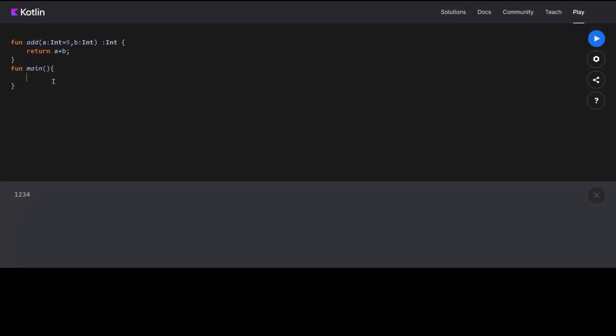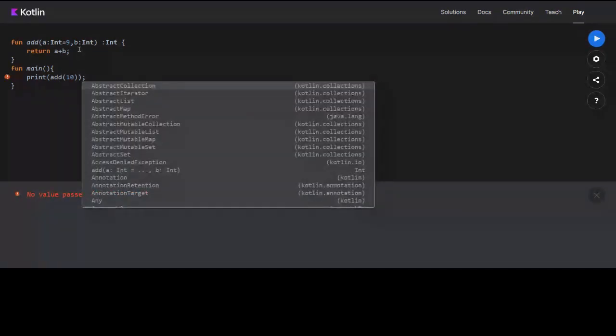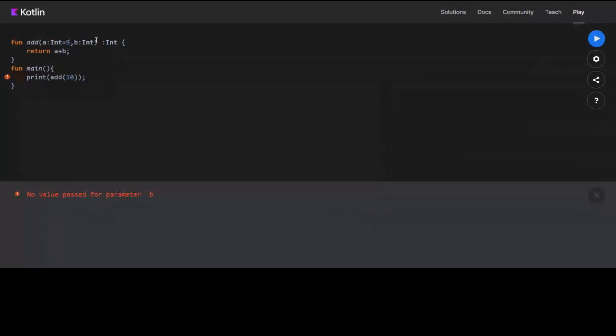Now what if I print add 10? I only pass one argument instead of 2. Let's see what happens. Value of b is not given. I know this is a problem in this one. For now I will put it here. See, now it is printing 19 because we gave a default value to b.